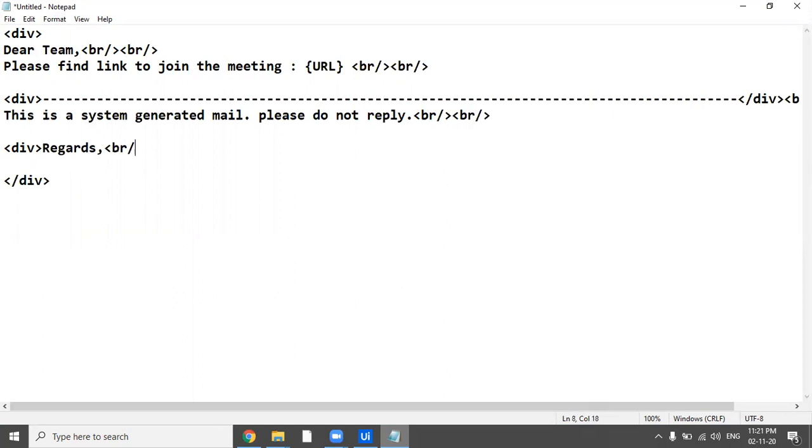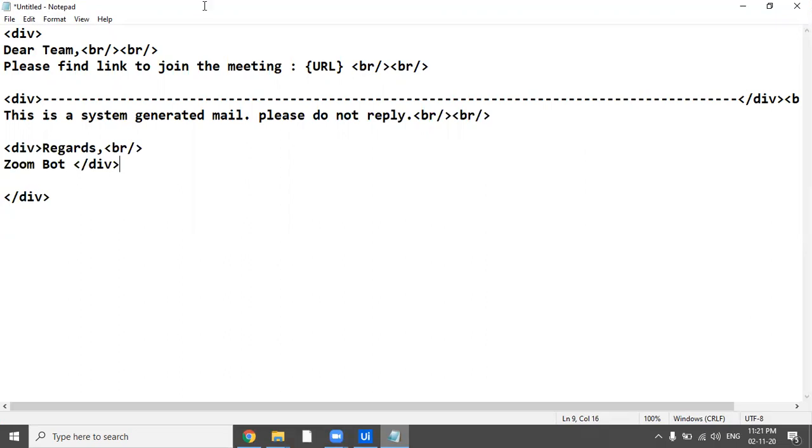Regards, break line, Zoom Watch. We have to make it so that when the bot is sending, it looks like an automated mail and not a mail sent by a user.